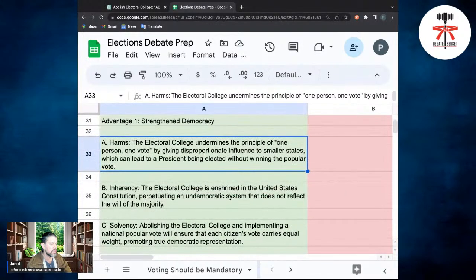In the harms, the Electoral College undermines the principle of one person, one vote. Now, see, that's not a statement about the harms. I think harms need to be a little bit more just the facts, like what has actually happened that has caused any sort of damage. This is where you would list the number of times the popular vote did not succeed in electing a president. That was George Bush versus Al Gore. These are the recent ones. I think there's one more prior to that. So George Bush versus Al Gore,